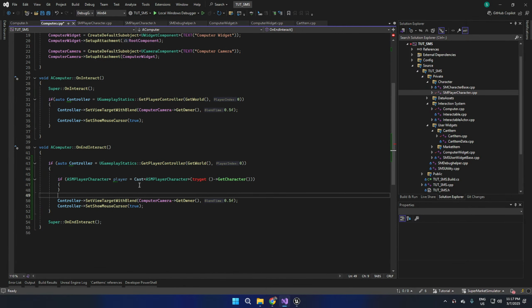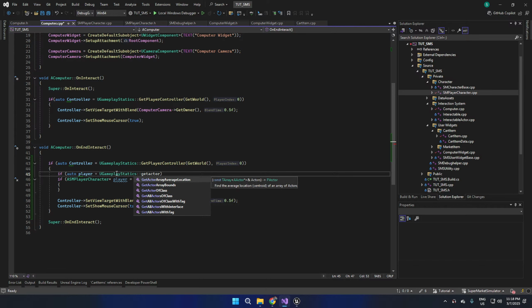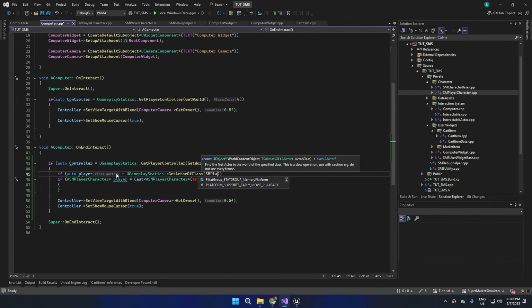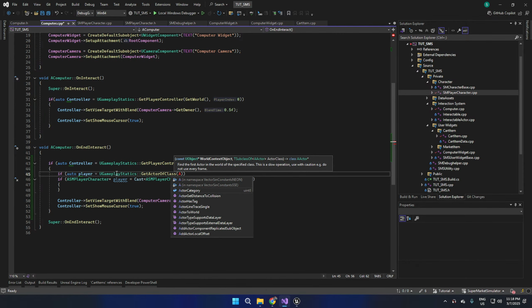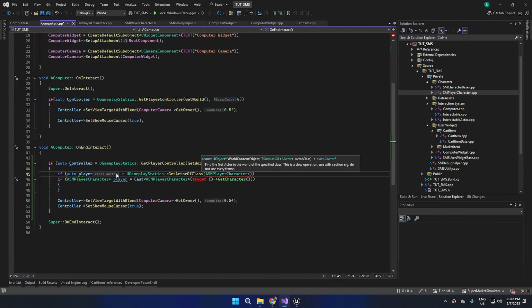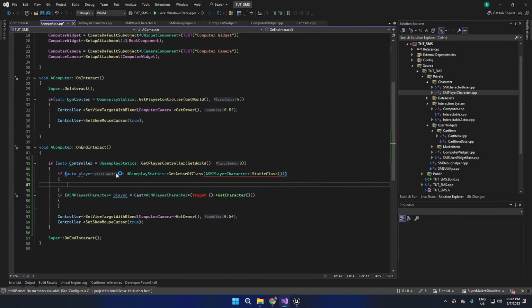Okay, how are we going to get player from computer? Or simply we can use gameplay statics to get the reference of player as well. If auto player equal to UGameplayStatics get actor of class SM player character static class